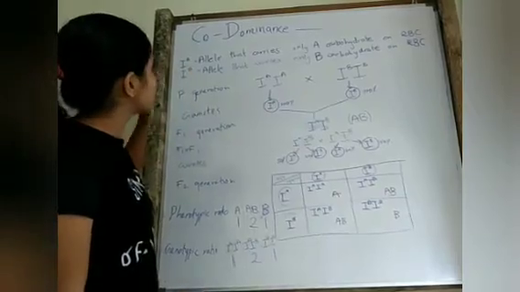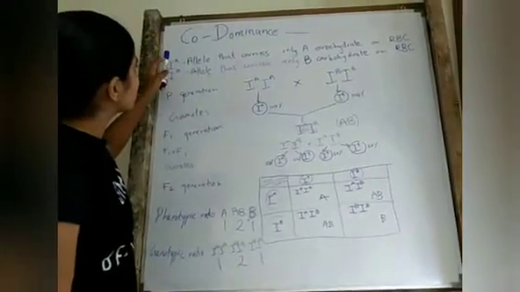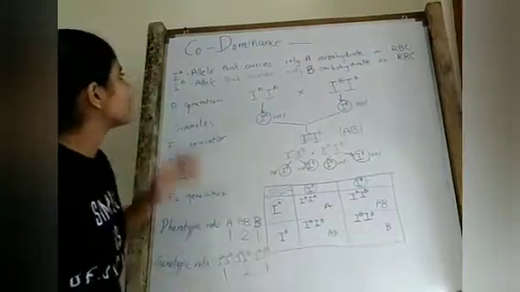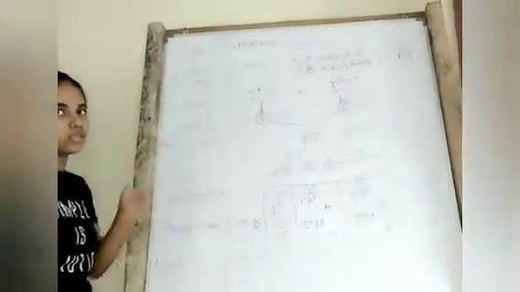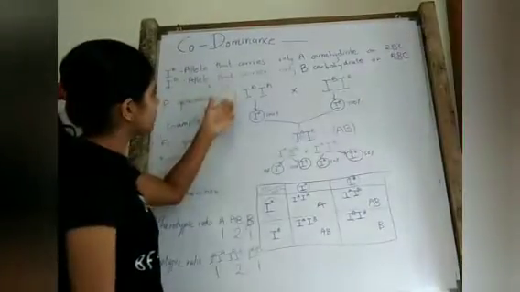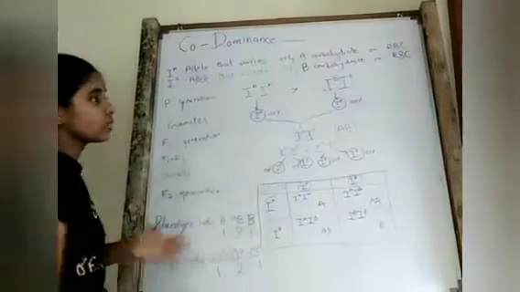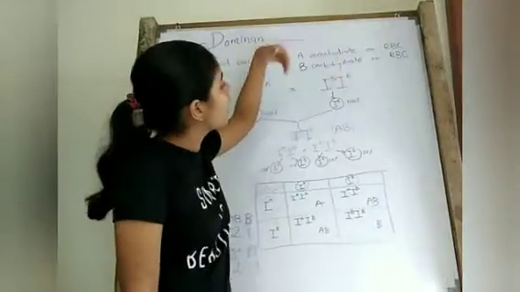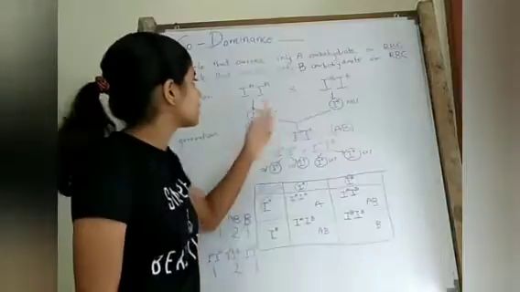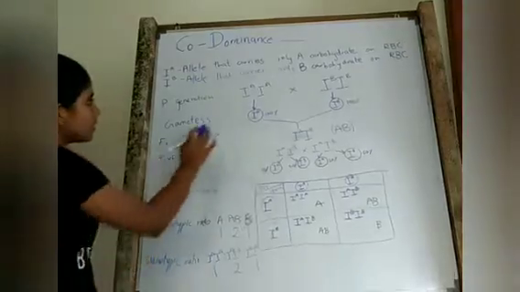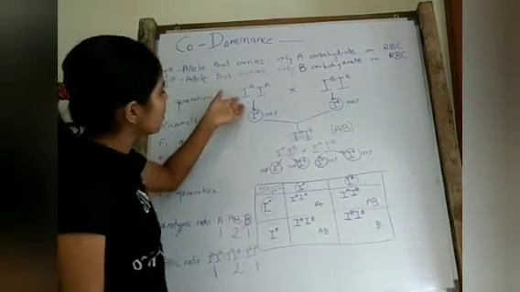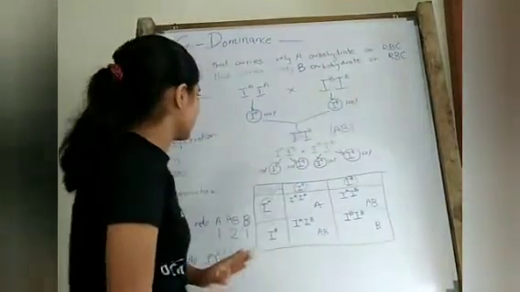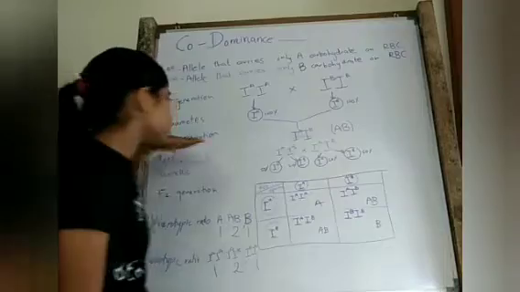So just like in incomplete dominance, we won't use uppercase letters and lowercase letters. We use superscripts, and then we take a look at the parental generation. Parental generation IA IA, an organism having A blood group. The other parental generation is IB IB, an organism having B blood group. So then we cross these two by taking the gametes. Here the gamete is IA, 100%. Here the gamete is IB, 100%. So after crossing, we obtain the F1 generation.